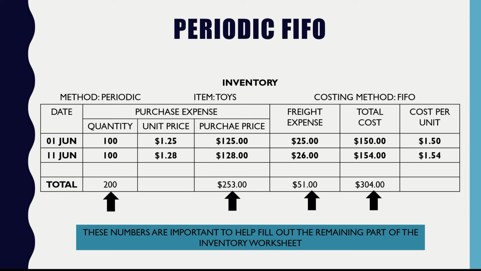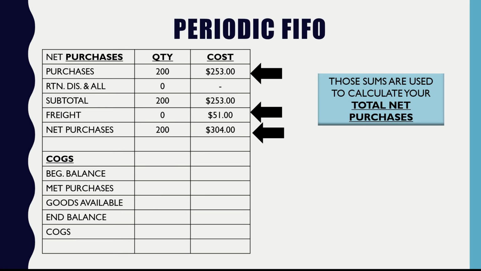As I mentioned before in the formula, what is net purchases? This is going to be your net purchases. So as we take that information, we're going to transfer it and plug it into this small table down here, which allows you to tally up your total net purchases. Here we bought a total of 200 items, which cost us $253. We will talk about purchase returns and allowances and what that does later on as we progress through